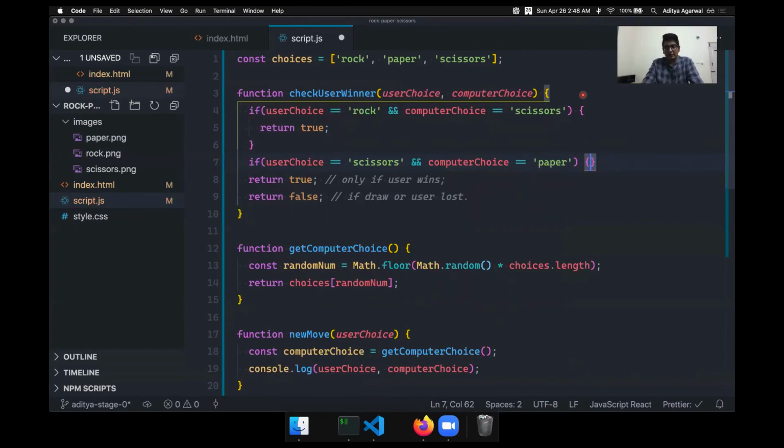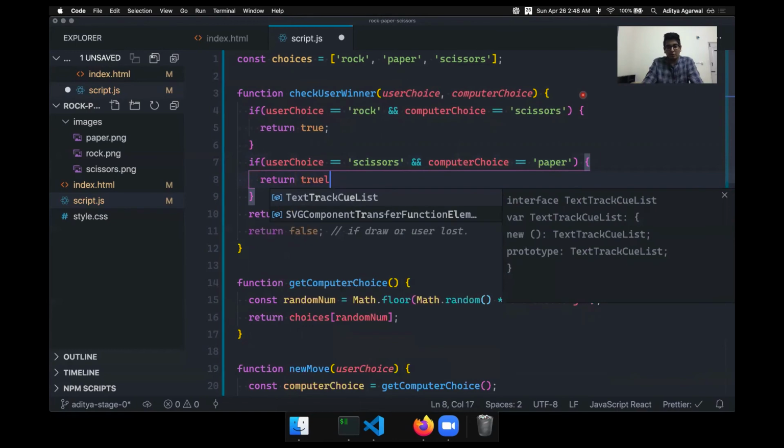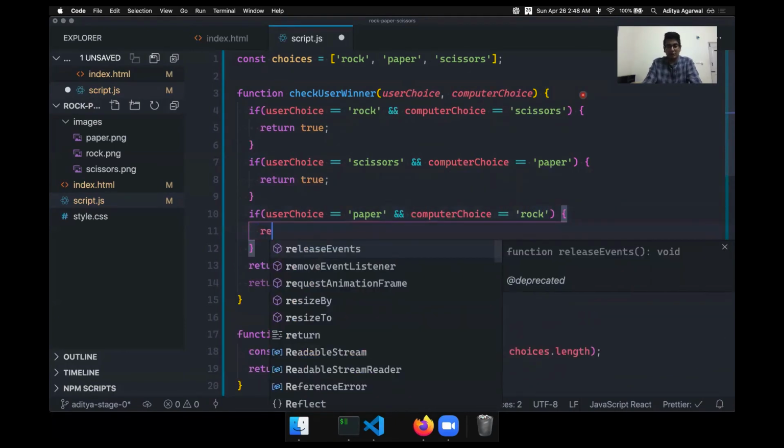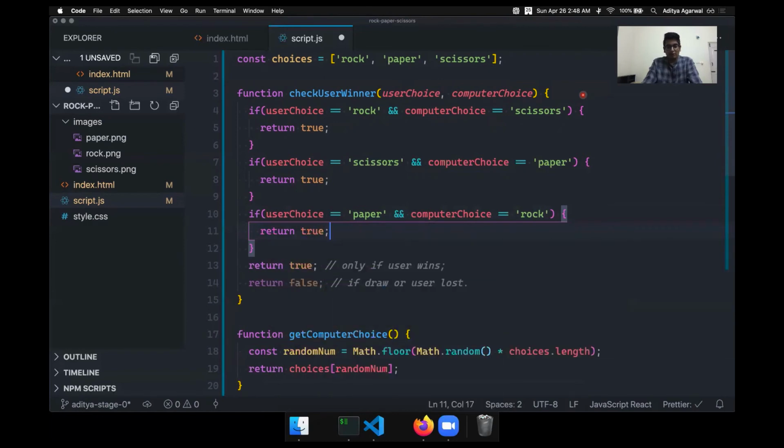So I can again return true. And if user choice is paper and computer choice is rock, then also we win. So I can again say return true. And in all other cases, we say return false.